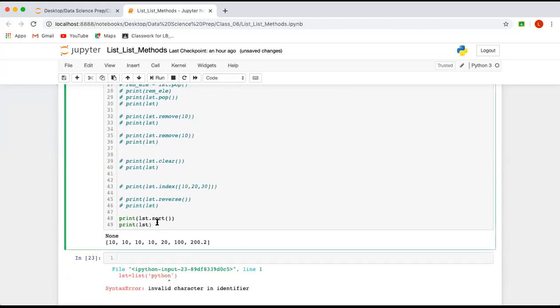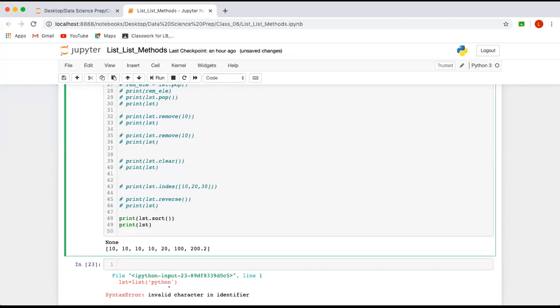Now, if you want to change the order and sort in reverse order, you can mention one attribute of sort. I will comment this out, and you can mention here reverse=True. So when you do lst.sort, it gives you ascending order, but if you want descending order, then you have to set reverse=True.